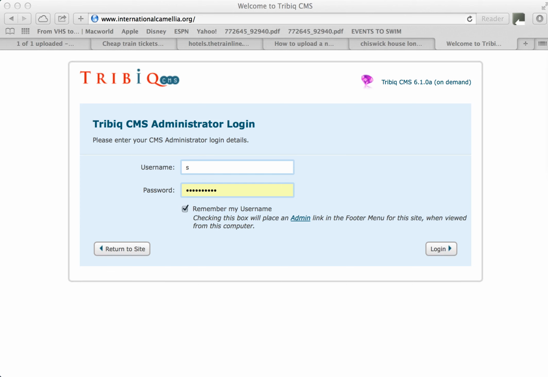Tutorial for administrators of the ICS website. This tutorial covers entering or amending events. The ICS website is very easy to administer. First, you have to log in at